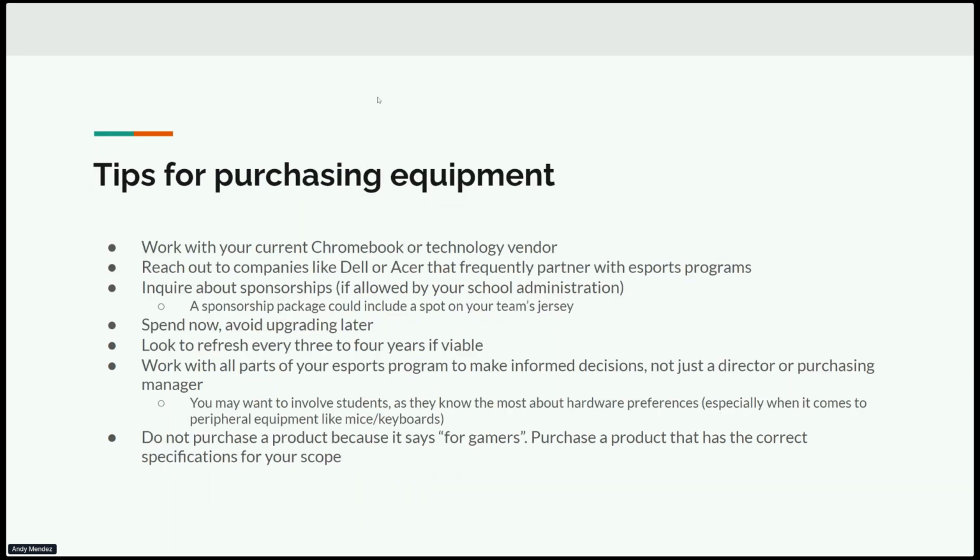And then briefly, I want to run down tips for purchasing equipment. Obviously, as we mentioned, this entire conference is brought to you by Bytespeed, and Bytespeed is an excellent choice when looking to outfit your esports program with hardware. And so here is just some tips and advice as you go through either the process with Bytespeed